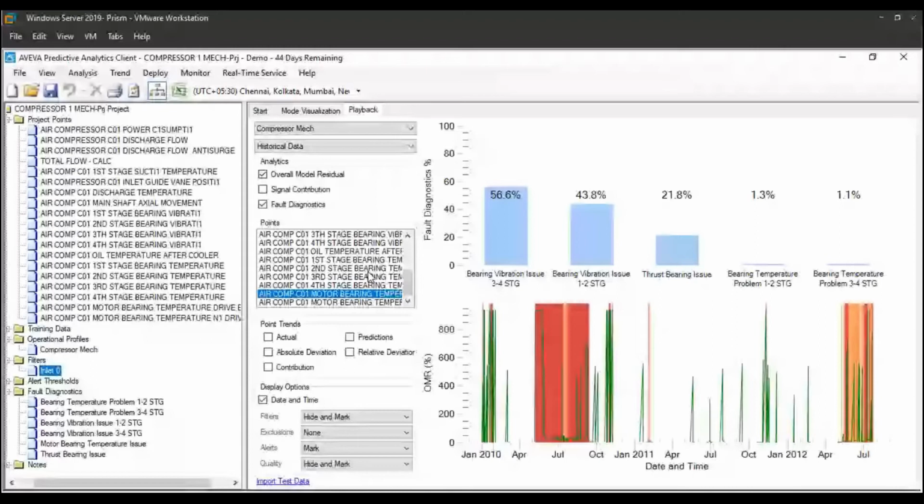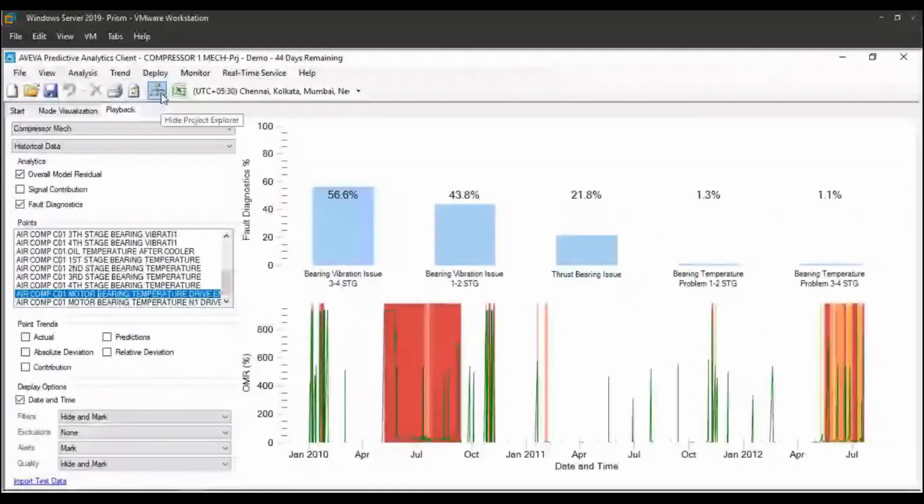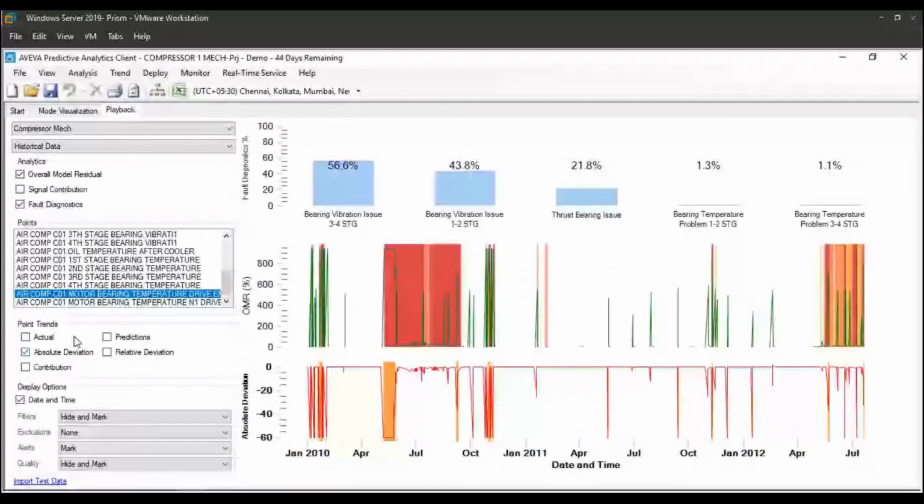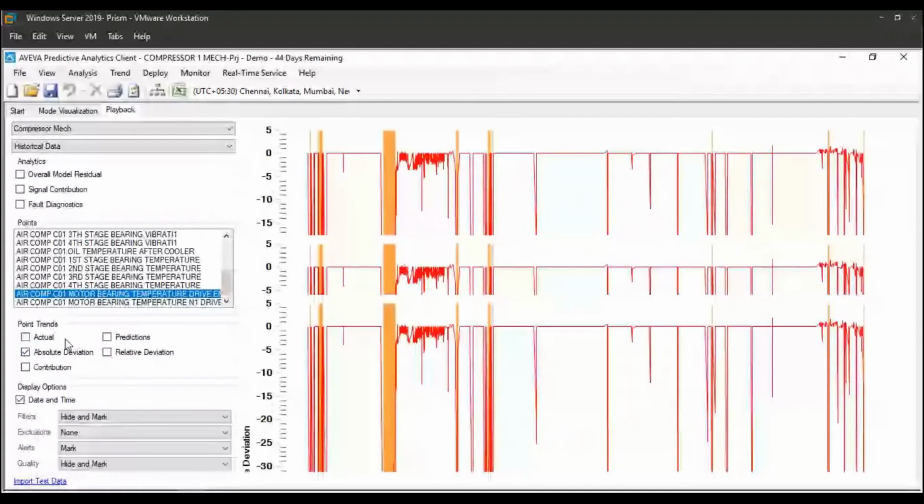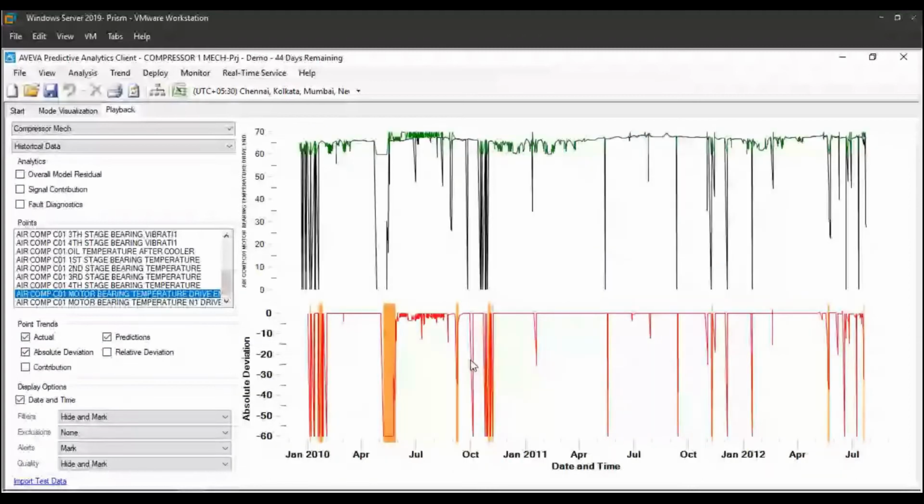And I'm not able to completely understand the meaning of the question with respect to deviation and plus and minus percentage point. So what I'll do is explain the deviation concept again. Let me just show you a deviation for one single variable, and I'll remove all the other graphs here. Okay, I'll plot the actual value and the predicted value. An absolute deviation on the negative side indicates that the current value of the sensor is lesser than what is expected.